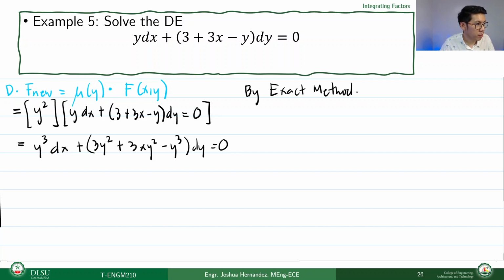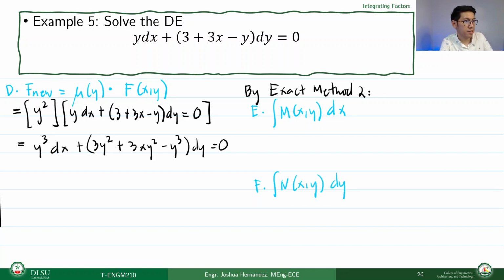Actually, you can use any method that you prefer or that you're most comfortable with. I prefer method 2 because it is easier to recall, no? And that is simply by taking the integral of M dx, and then of course taking the integral of N dy. So, we're going to get the integral of M, yung bagong M natin, which is in this